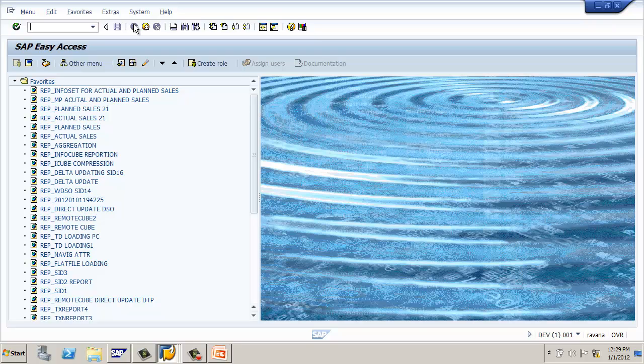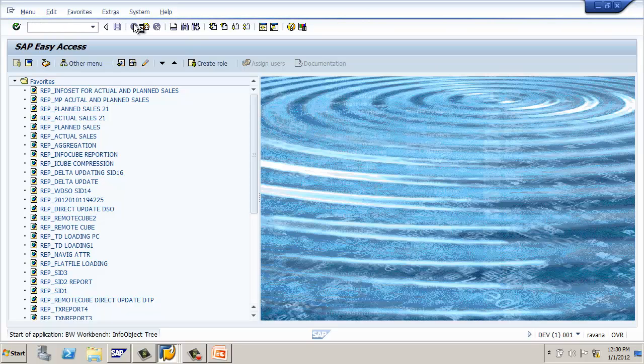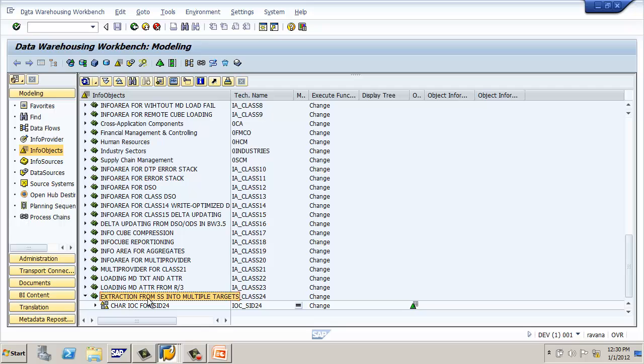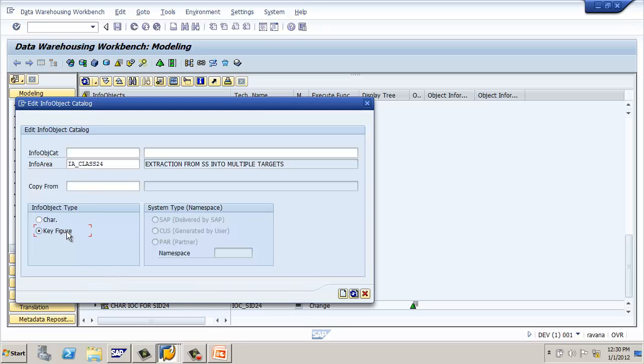So what is our step here? We have to create info objects, right? So what is the transaction code? RSA14, press enter. So now we are creating info objects. Select your info area. So we have a characteristics info object catalog. Now we are creating a key figure info object catalog